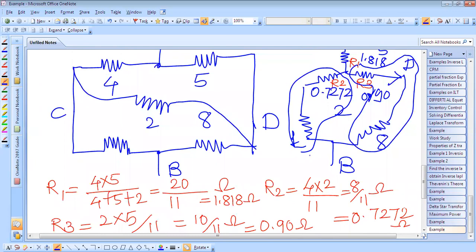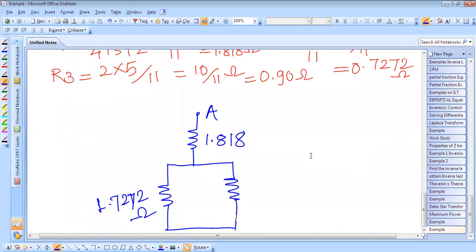So it is 0.90 plus 8, so 8.90 ohm. Okay. So further we have to see that